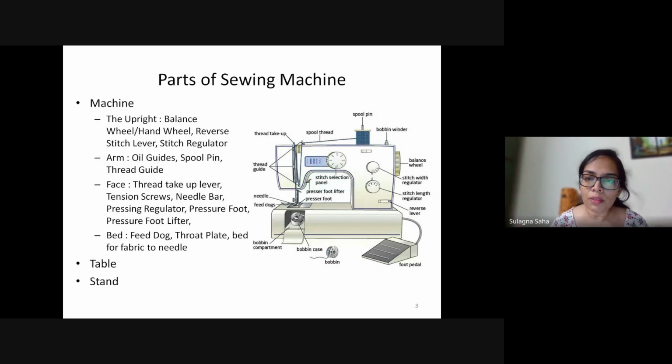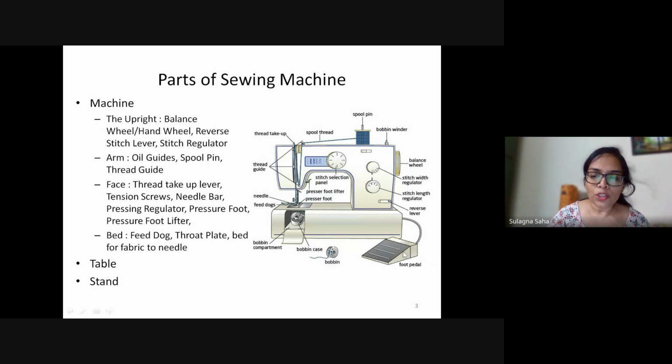Let's start with the balance wheel. This is the balance wheel at the right corner. In old hand operated machines, this would often come with an extended lever, which would run in a clockwise motion. Nowadays you have this foot pedal.